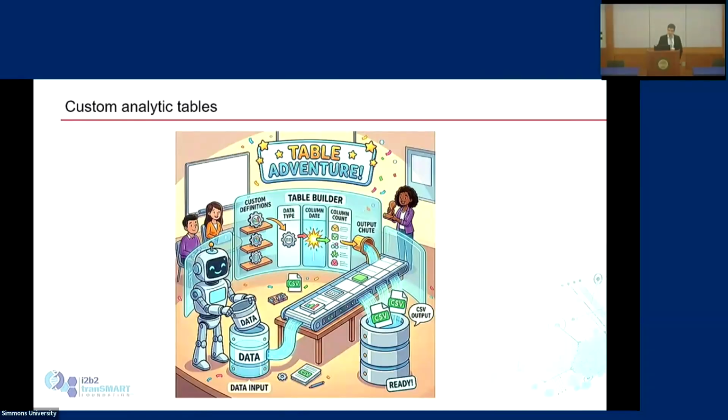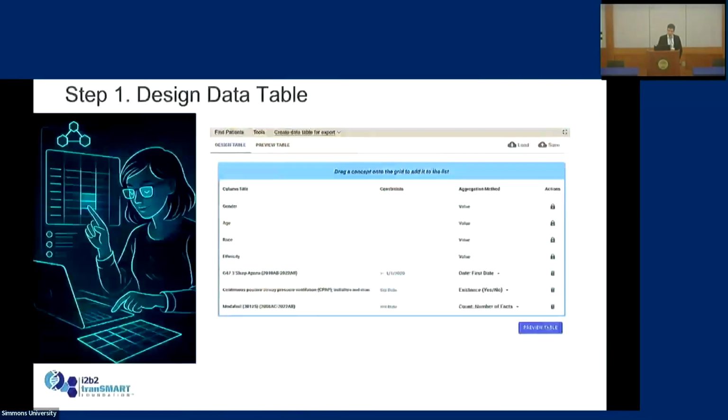Then I'm going to show the custom table builder in screenshot form. So this is what the table builder looks like. You get some defaults that are defined by the sysadmin or the i2b2 admin. By default, those are gender, age, race, and ethnicity. That can all be configured on the back end through the database. And then